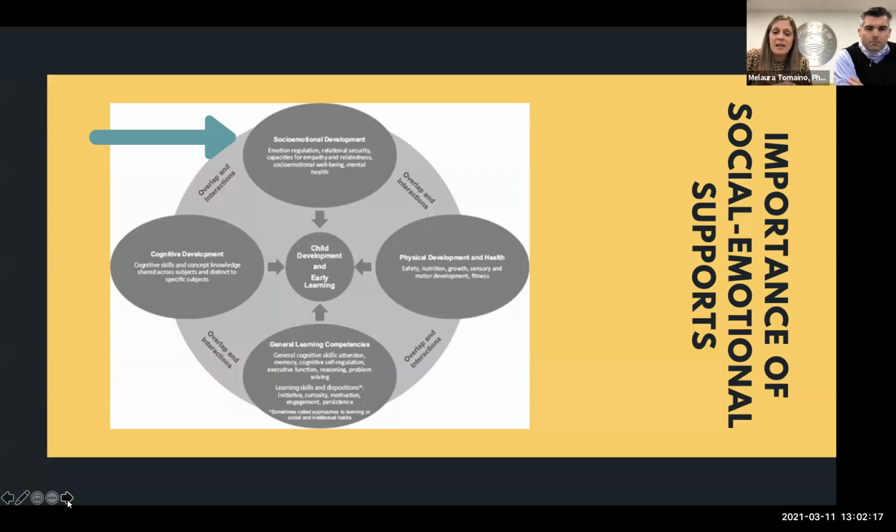And one of those biggest areas is social emotional support, and you can see that with the area. So it's not just the physical development or the learning development or the cognitive development of a child that is important, but really we also need to be considering the social and emotional development of the student as well. And each area of development impacts and informs the other. So that's why this is so important to discuss today. Next slide.